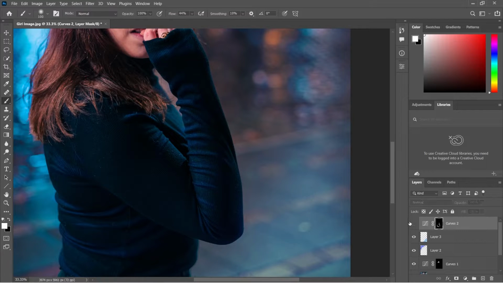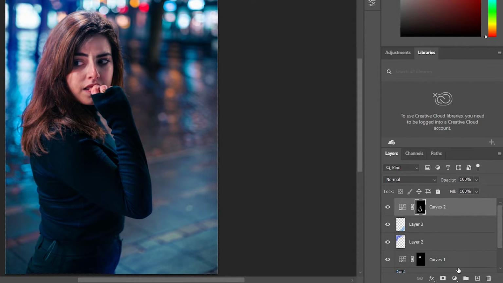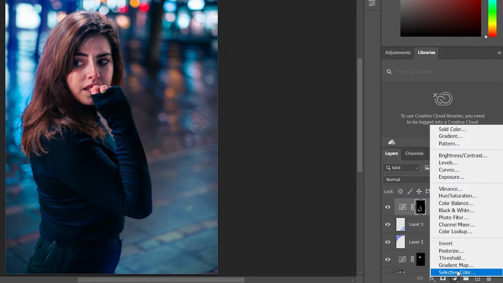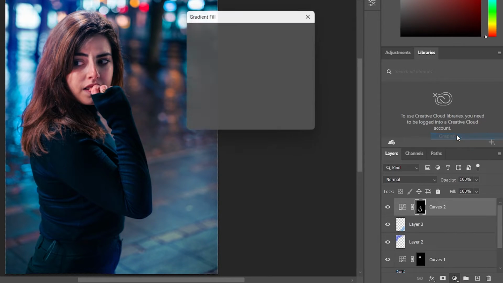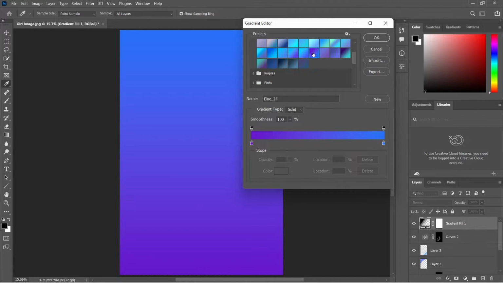You can see the before and after difference. Let me zoom out the image by pressing the Ctrl 0 key, and then we'll apply a gradient by going to the adjustment layer and selecting the gradient. I'll select the blue color and select this gradient and press OK